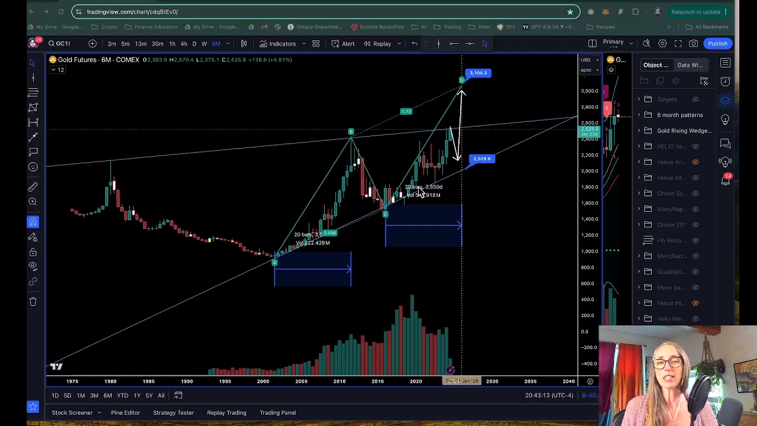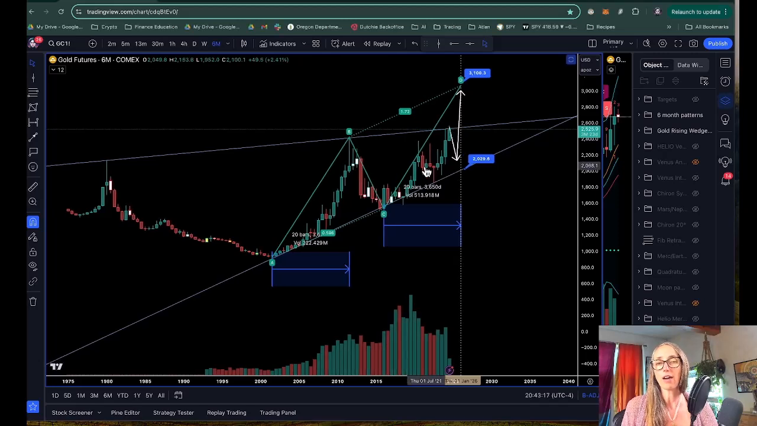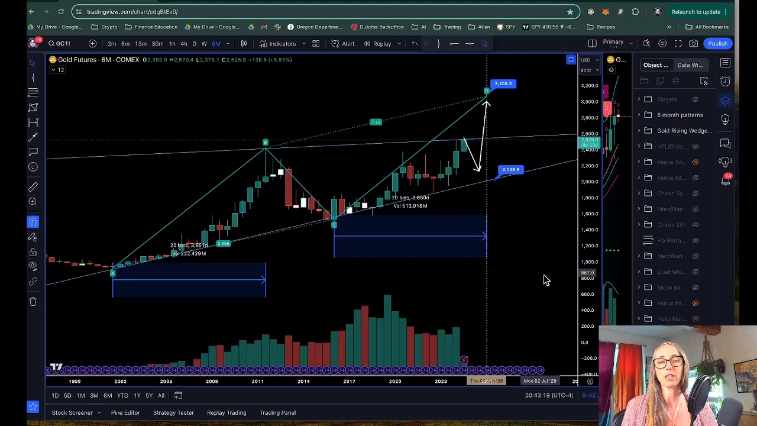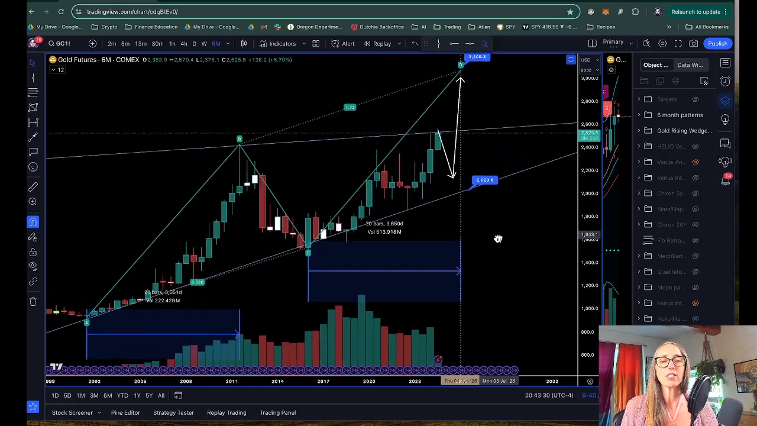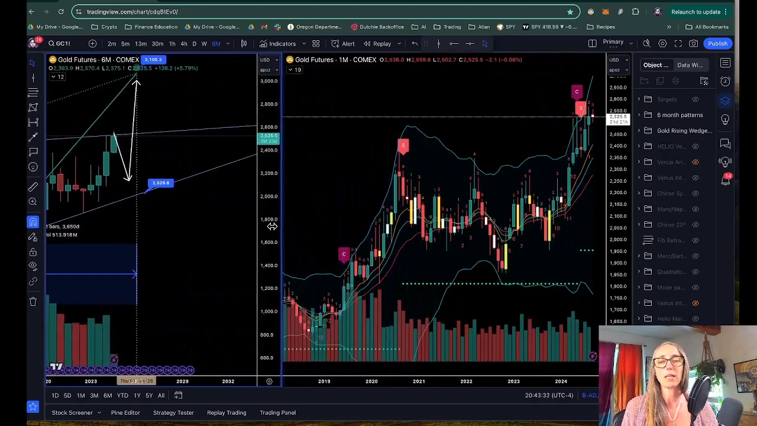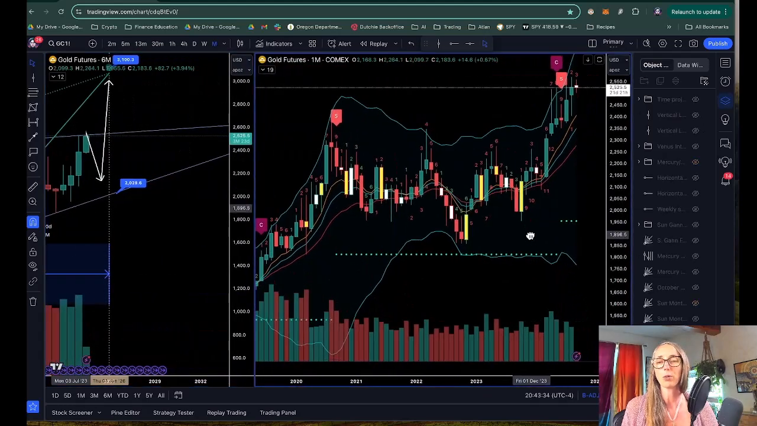However, I do think it's important that we take note of where we're at currently. So currently we have bumped into, let's zoom in a little bit, we've bumped into the top of this rising wedge. And so far for the past two 6-month bars, we have not been able to close above that rising wedge. So let's zoom into the monthly and take a look,